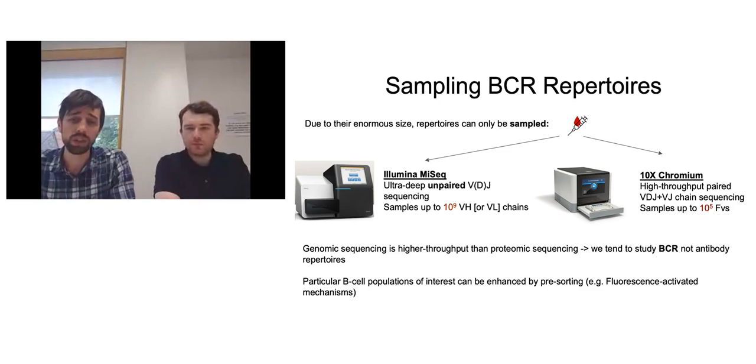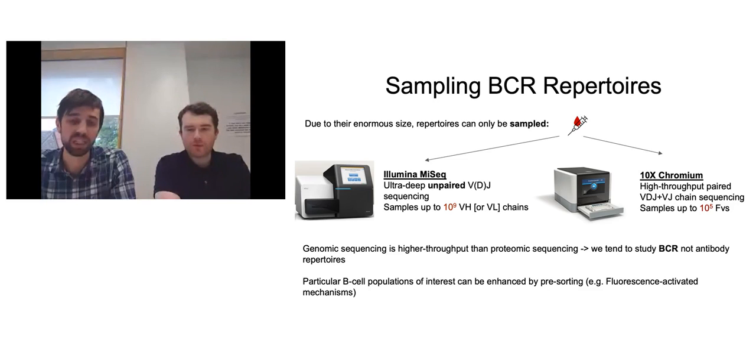The other is where we use single cell approaches. Now the compromise here is we don't get as many of these sequences, so we don't have as good a sample of the repertoire, but what we get is both the heavy and the light chain. And so with this data, as we see later, we can start to build full ideas of the full antibody structures they're in. So this is the raw data we have to work with.